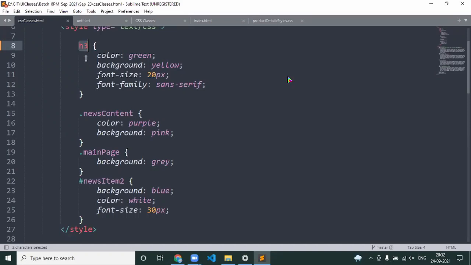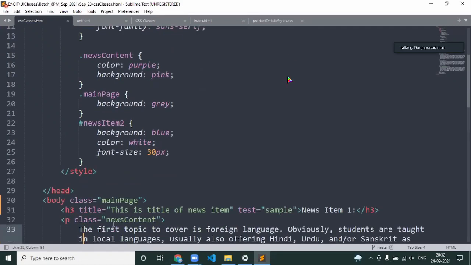I'm using the tag name to define the class. This is called tag based. Here I'm using the class name to define the class. This is called class based. I'm using the ID to define the CSS properties. This is called ID based. If I use a style attribute, that is called inline based. Four different ways of applying CSS.